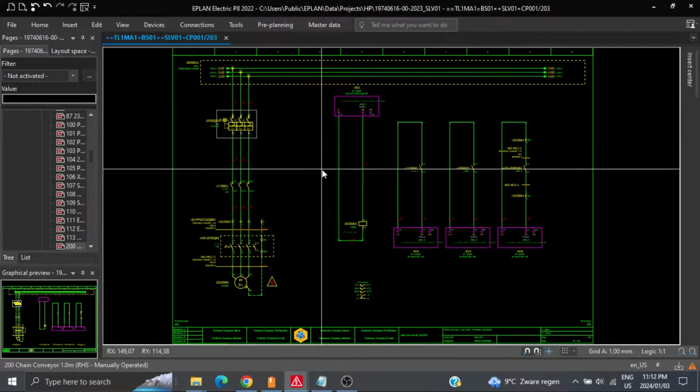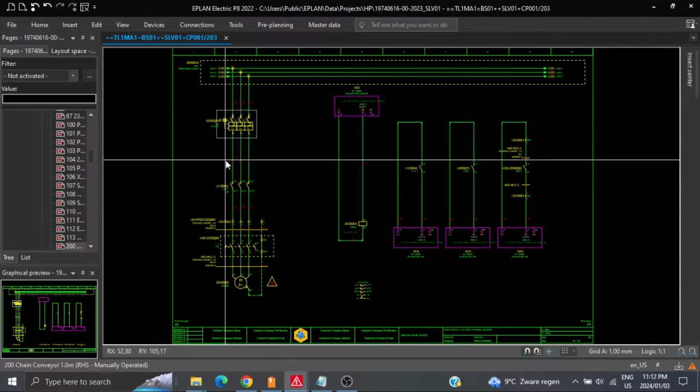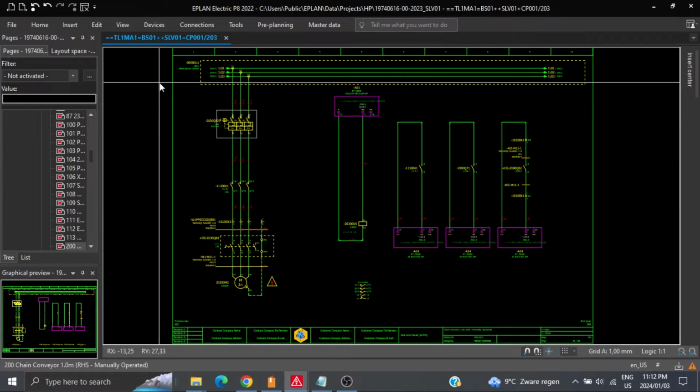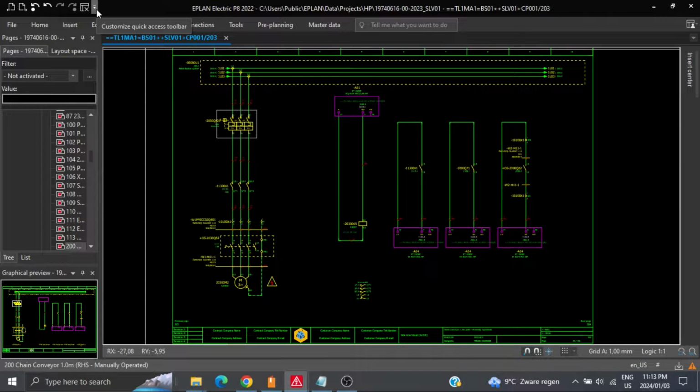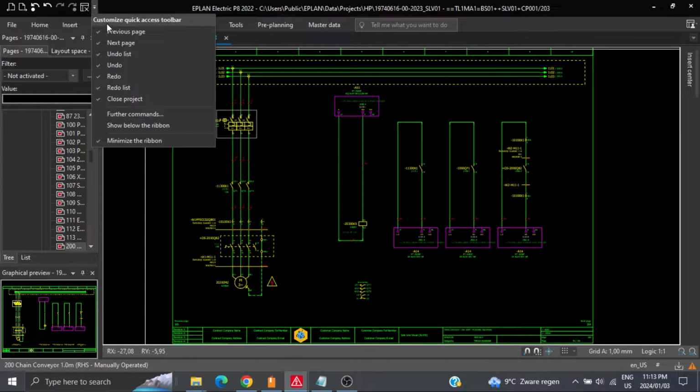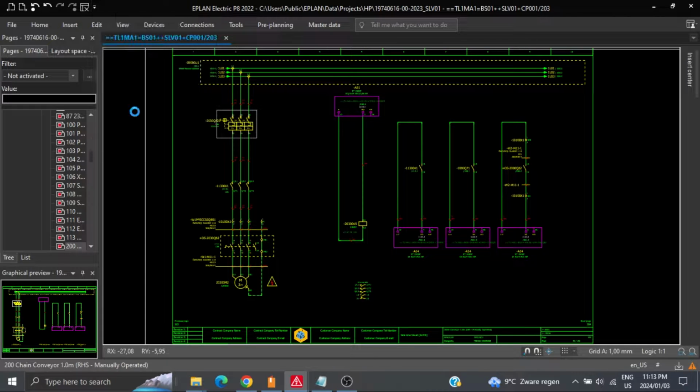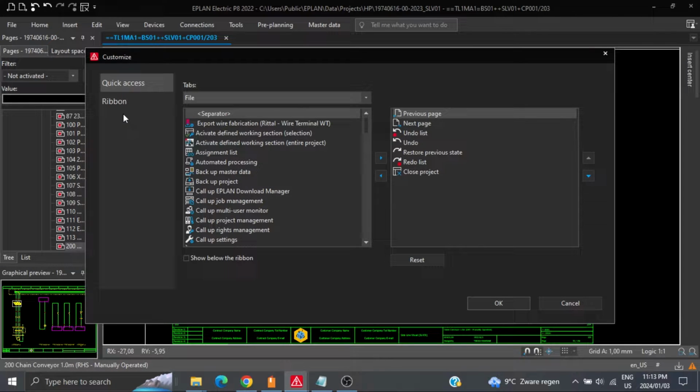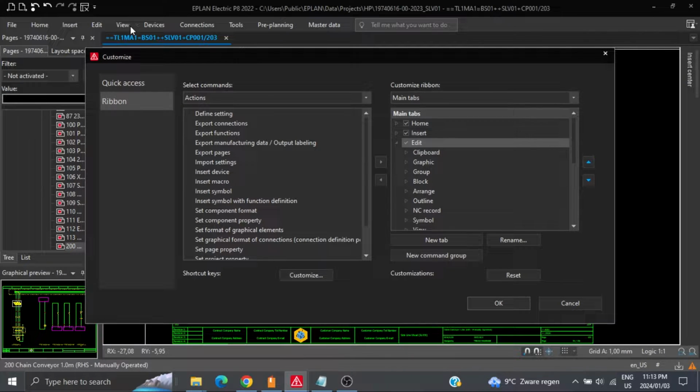So in order to assign shortcuts in your EPLAN, you can just go to this drop down to customize quick access toolbar. Once you click on it, you can say further commands. And once your customization window has opened, you can go to ribbon, which is mostly these commands that are located on your ribbon. You can go to ribbon, and once you're there,